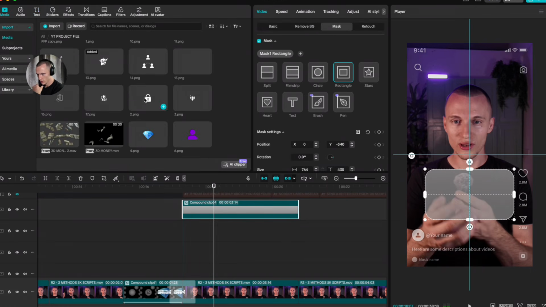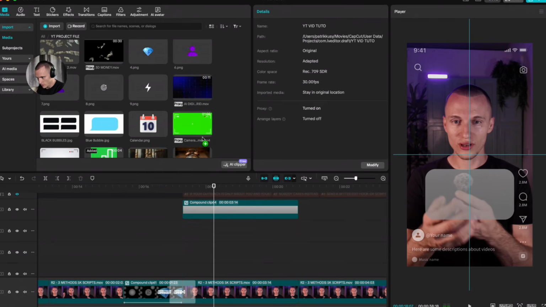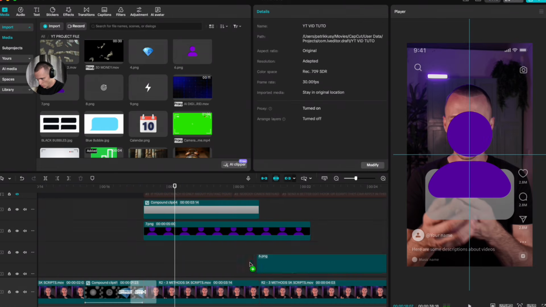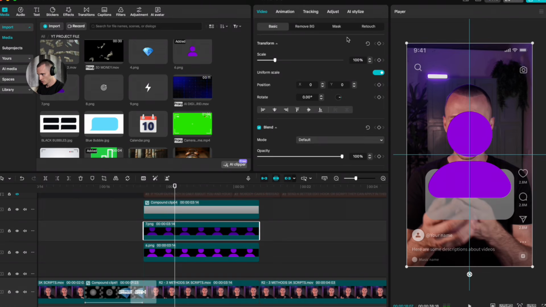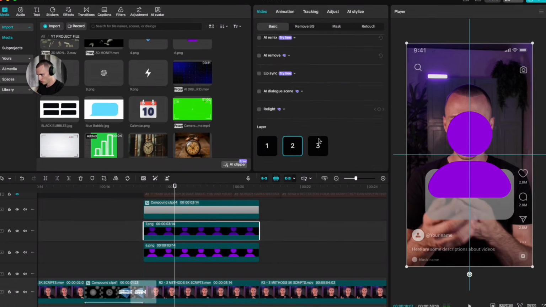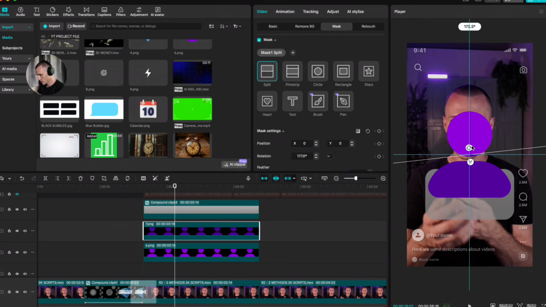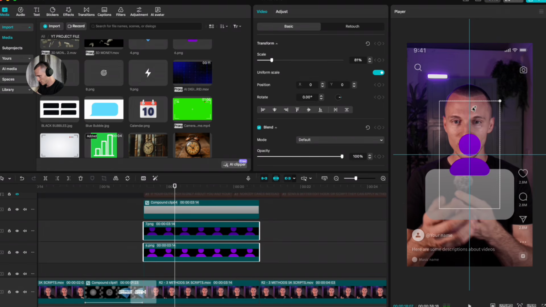So just now go back to the assets and select a user icon, which is here, and select both of these two icons and position them like this, cut off this edge and go to mask now and select split. Also make sure you go to basics and put this on layer number three. That way you can see this. Just rotate the split mask like this and just adjust the feather. That way we have this beautiful gradient and just select both of these layers and make this a little bit smaller